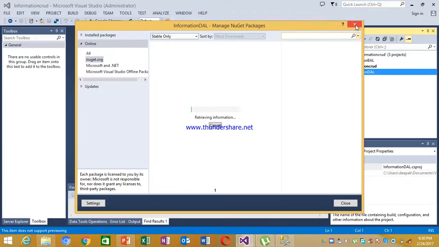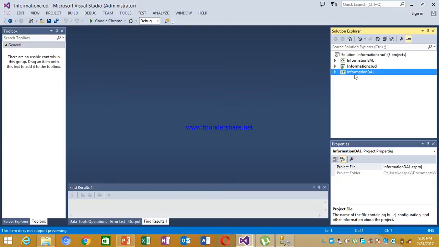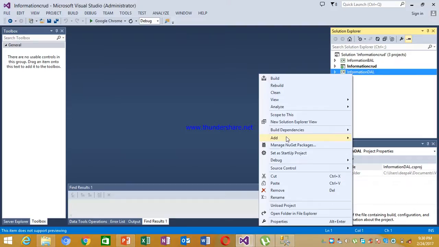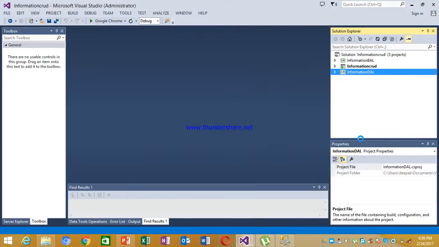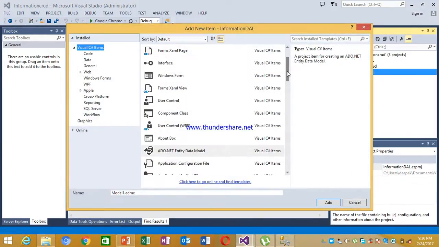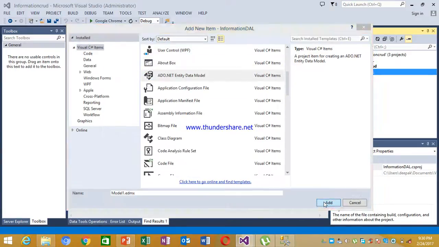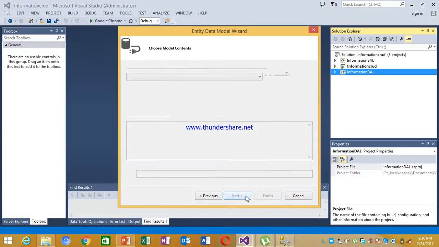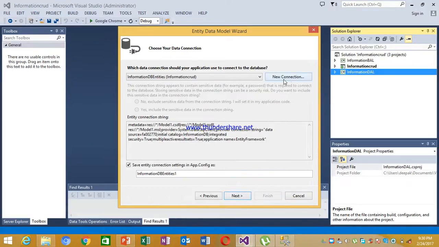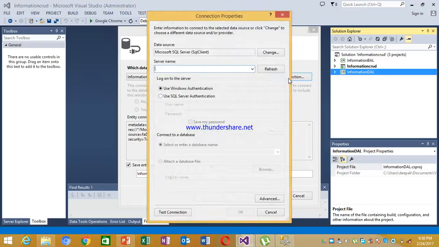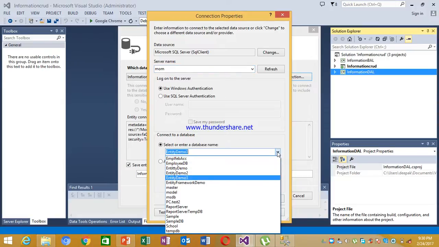After adding the DLL, first add a new item. Here you will type your server name and then select the database for which you want to generate entities.